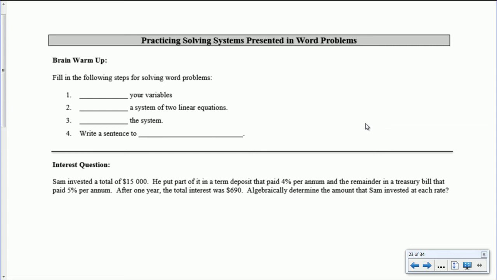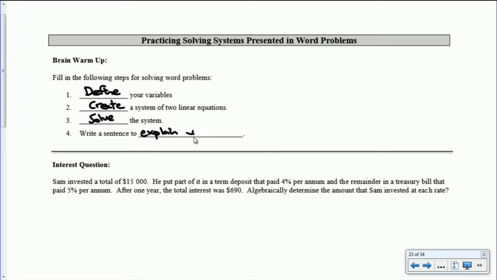Hello everyone. Today we're going to be practicing solving systems of linear equations presented in word problems. A few things to keep in mind when solving questions of this type: generally a good idea to define your variables first. You need to be able to create a system of two linear equations. You need to be able to solve the system, and generally a good idea to write a sentence to explain